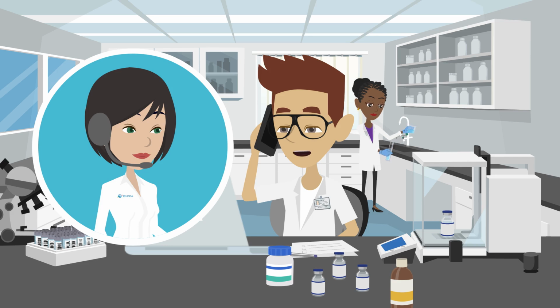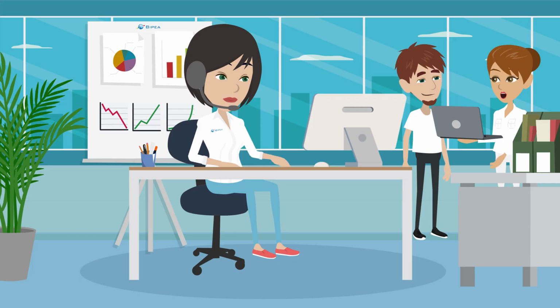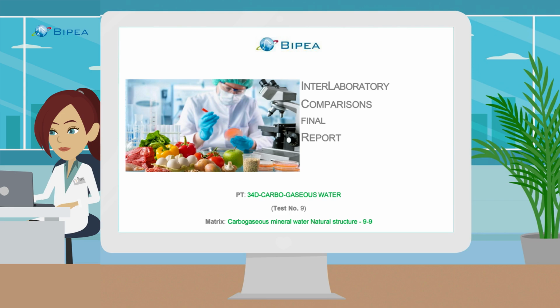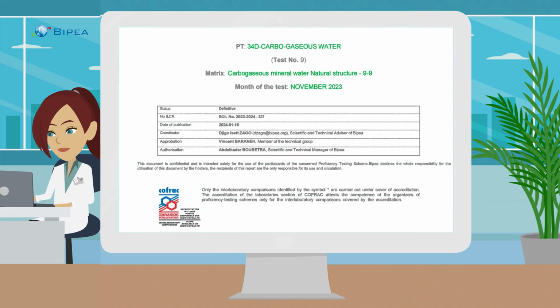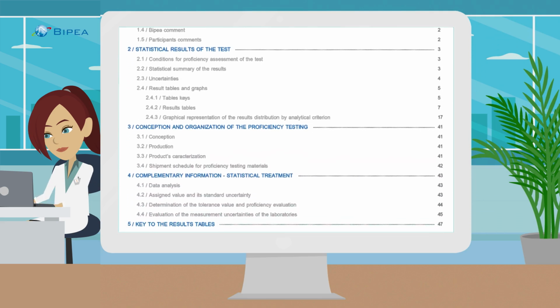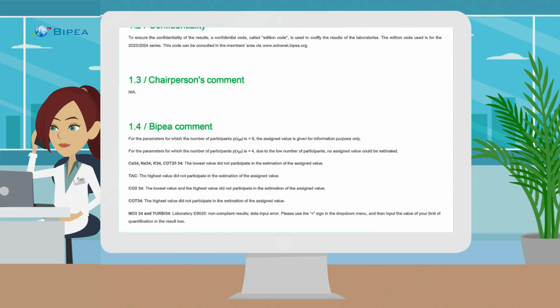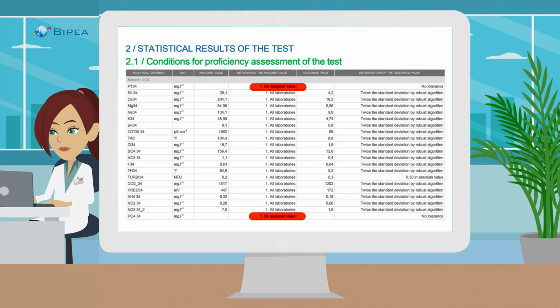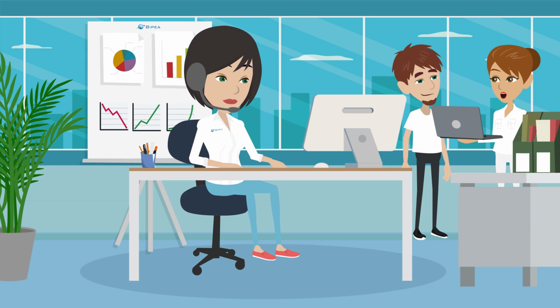Sure, it is the test number 9 from November 2023, and the parameters are total phosphorus and orthophosphates. Thank you. Let me just take a moment to look at the PT report. Well, upon further investigation, it is indeed because the minimum number of consistent quantified responses for the two analytical criteria